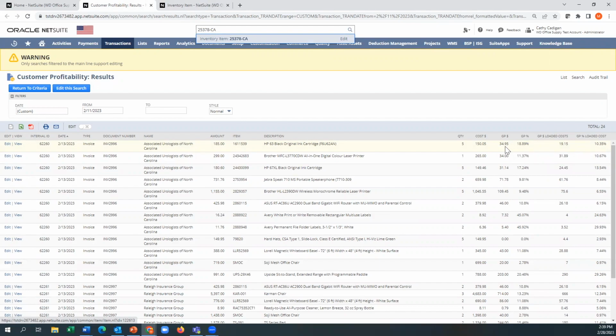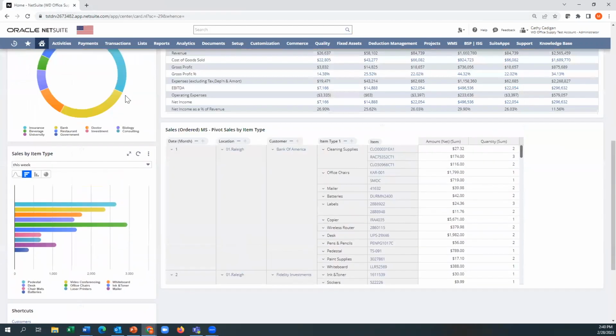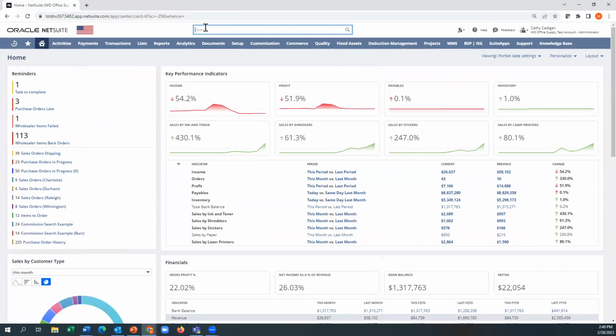So again, loaded cost is basically like a landed cost that you've included. In most cases, what we've seen is used for the commission reporting for your sales reps. And again, this is just a column inside of a saved search that I can add and remove. I can add formulas myself in there. So again, loaded costs included anywhere you want to.